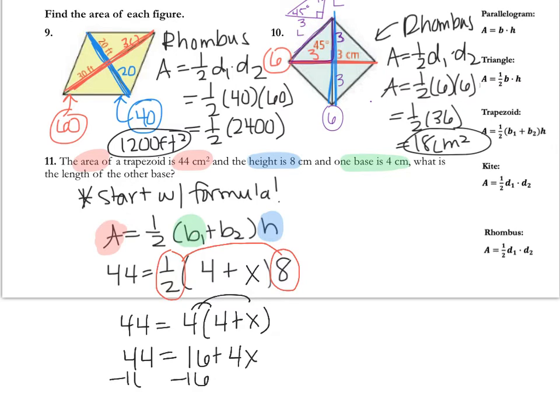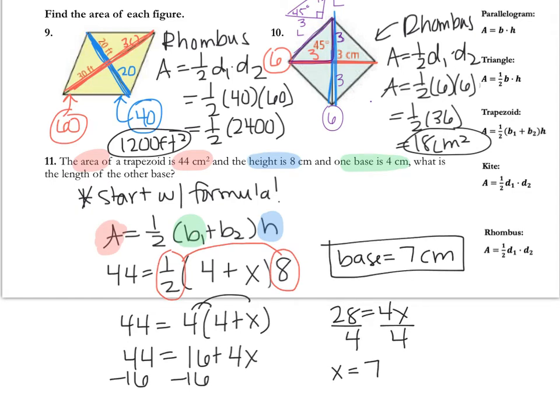So I'm going to subtract the 16. That is going to give me 28 is equal to 4x. And divide by 4, and that tells me that that missing piece was 7. So the missing base that we were looking for is 7, and this would just come out as plain centimeters